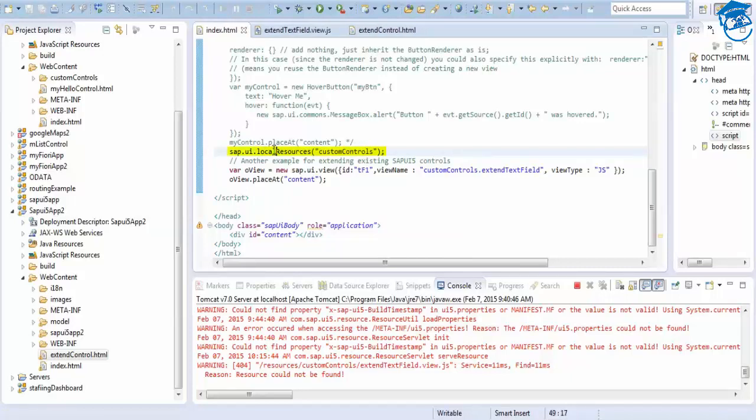I'm going to save this. So now I'm not going to change anything. Whatever code I have written, it is one and the same. oView sap.ui.view, and I have given the view name and type, and oView I am placing at the content. I have just added an extra, this sap.ui.localResources.